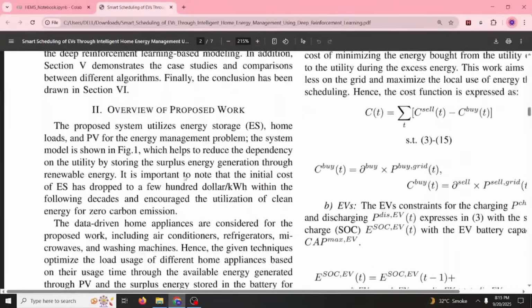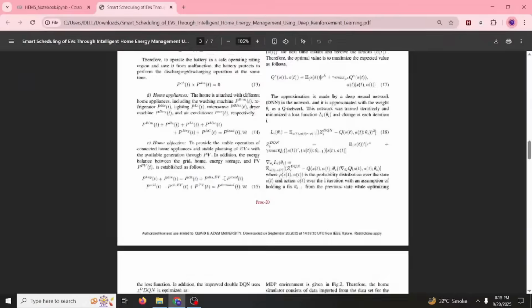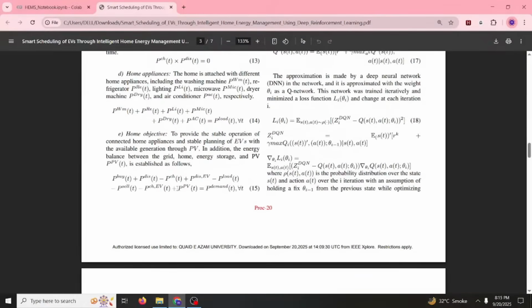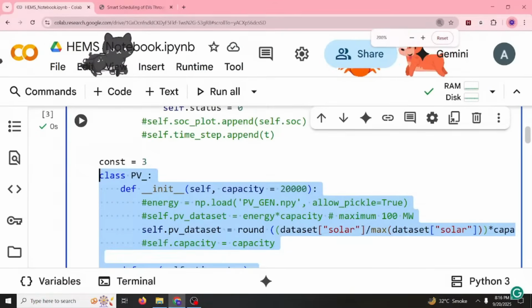Here PV is just a variable. You cannot see it here, but the PV is here. PV is just a variable, that is, at a given time we just get this PV for us, the photovoltaic generation for us. So to get this photovoltaic generation, what we do here in this class,